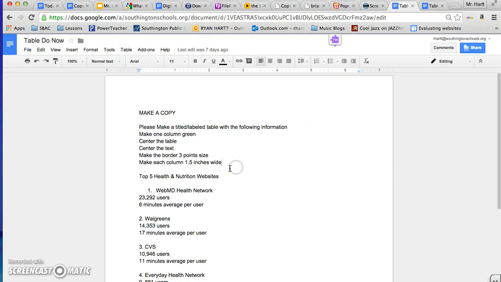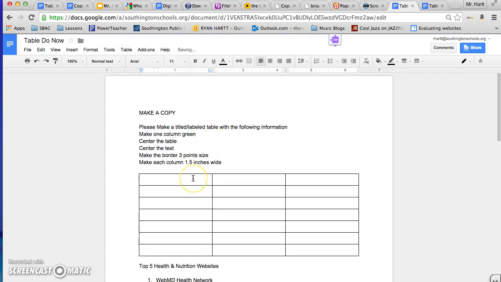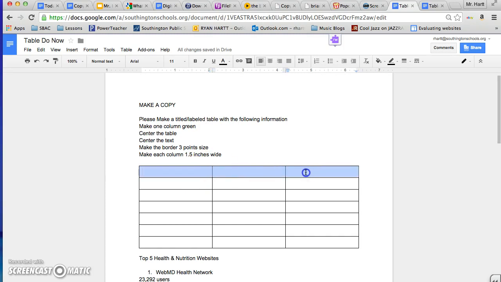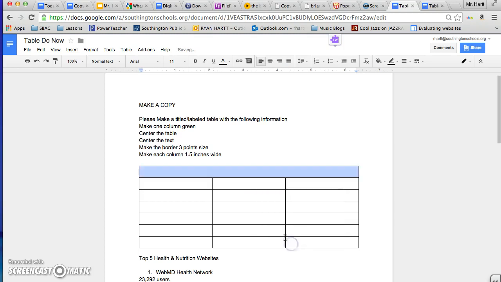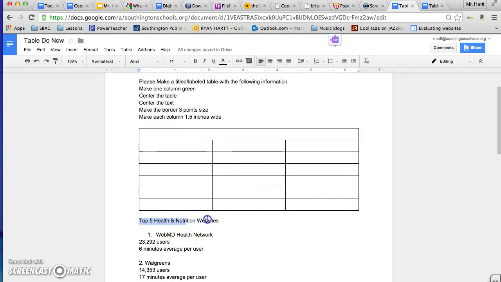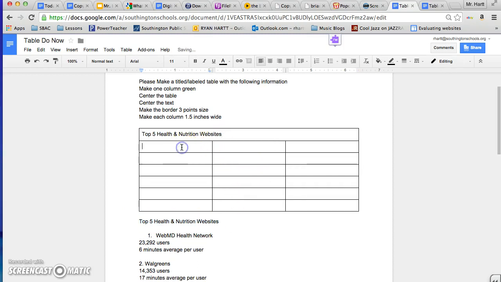And I'm going to make sure I've got my mouse in the right spot. So now I go back. 3 by 7. And the first thing I'm going to do is make my title. I highlight the 3 columns and I go to merge cells. From there, I can just copy the title and paste it in. Now my labels: